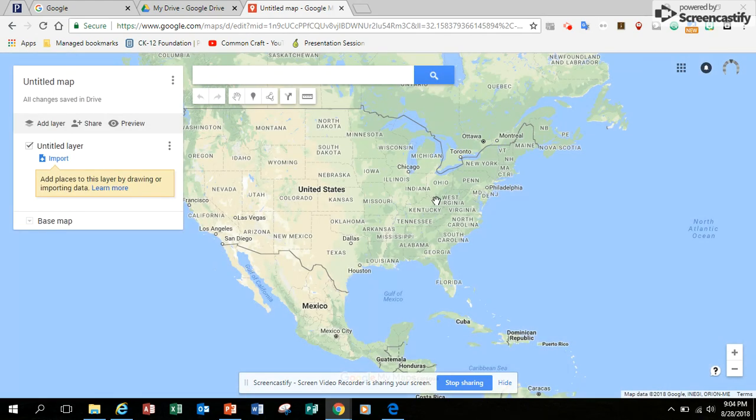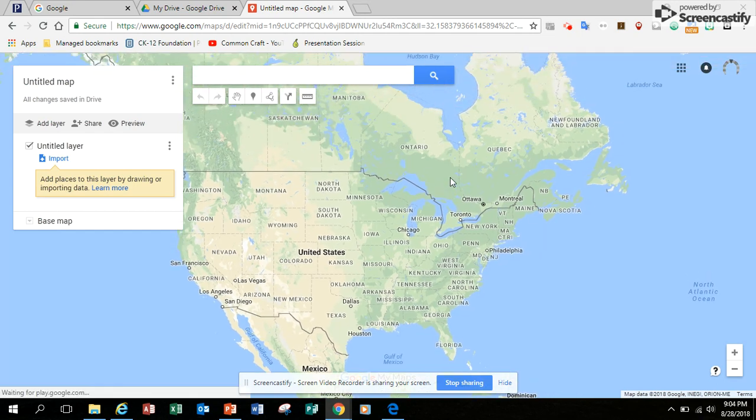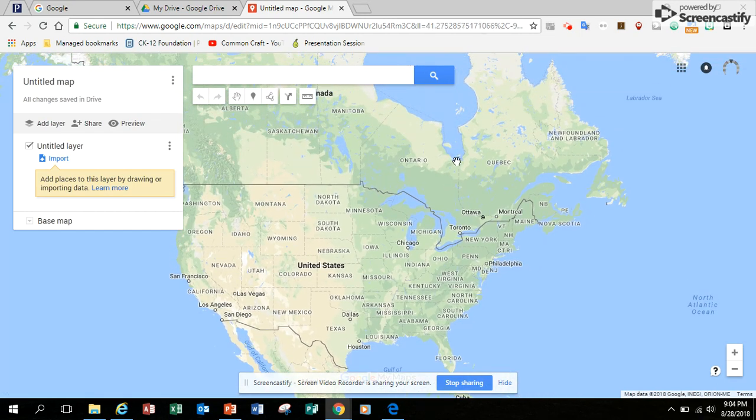This is a map of the United States. We're actually going to use parts of North America here, up here in Ontario. This is the place that we're going to focus our attention on. We're going to title our map. So we need to give it a title very quickly. I'll call it Moosonee. Moosonee, Ontario is one of the oldest